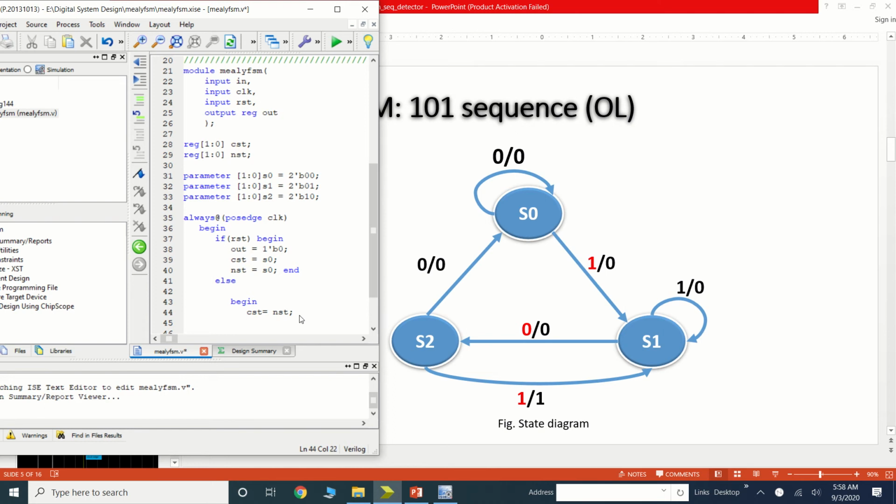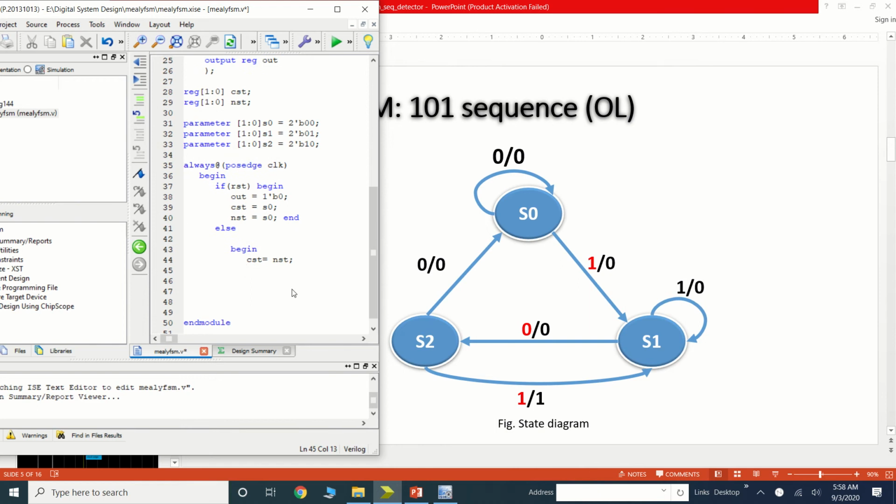Now here you can see on the right hand side we have the different states, and for each state we have two possibilities, whether the input is 0 or 1. So we are considering a switch case, and in that I am using the current state. Let's start with each state. First S0.